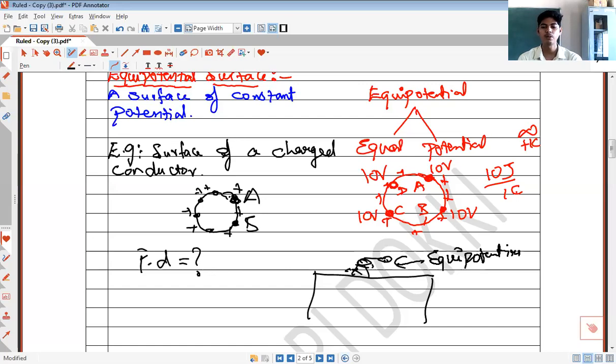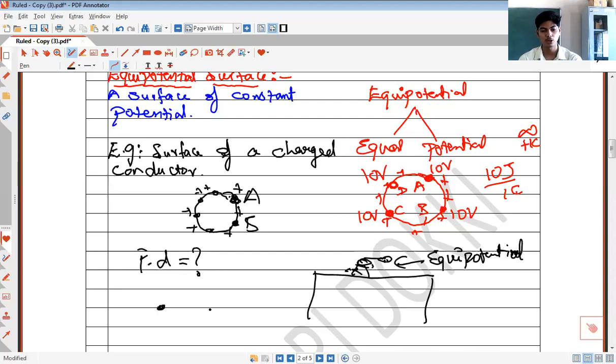If the body of the bird starts acting like an equipotential surface, what will be the potential difference between any 2 points on the surface? The potential difference between any 2 points on the body of the bird will be 0. There is no potential difference between any 2 points on the body of that bird. If there is no potential difference, the charge doesn't flow between them.